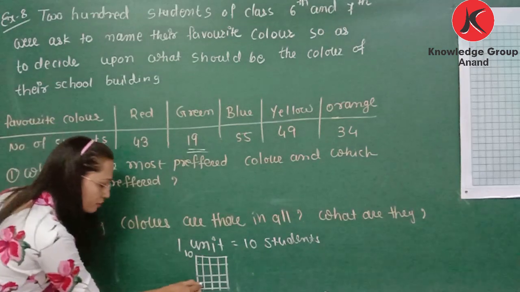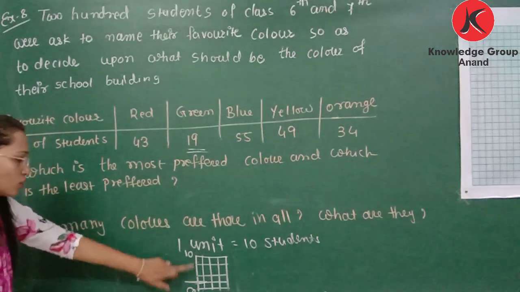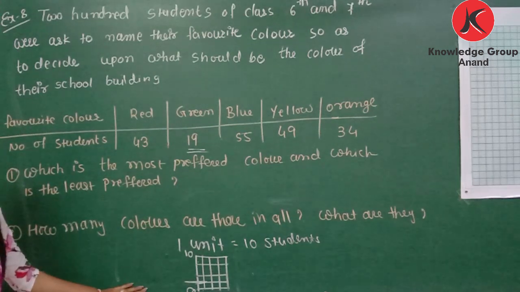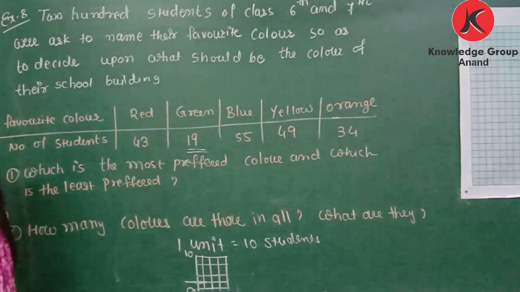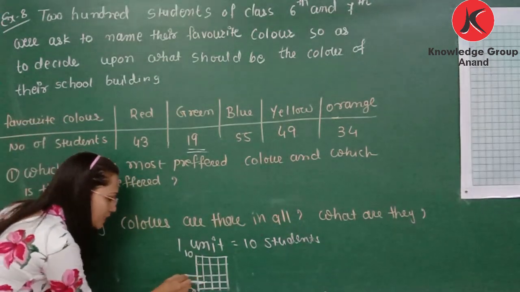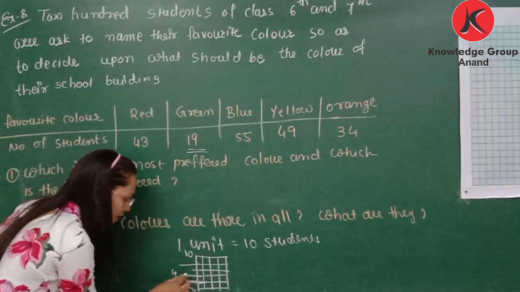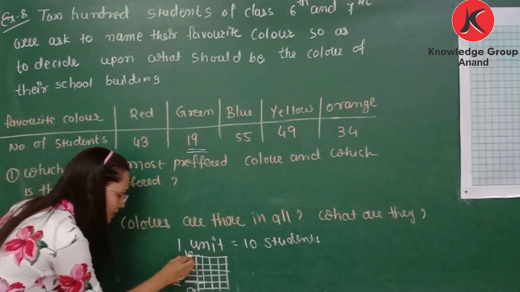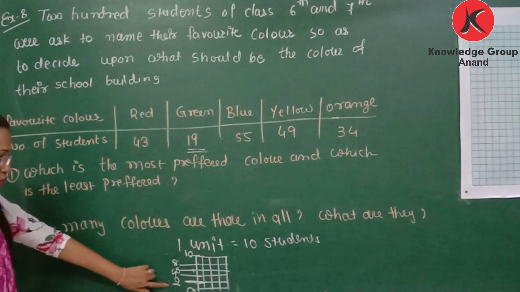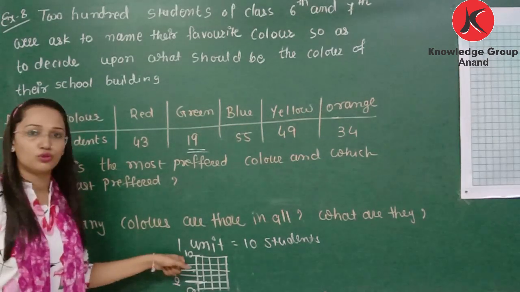Now what will be the value of this one line? You must know the value of this one line. If 0 to 10 are there and between them 5 parts are there, we learned about fractions also. So 0 to 10 is divided into 5 equal parts. So what is the value of this one part? It will be 2. Then this part represents 4, then this part represents 6, this is 8, and this is 10. Okay, so each line represents a group of 2. So you need to remember that each line represents 2 if we select the scale from 0 to 10.